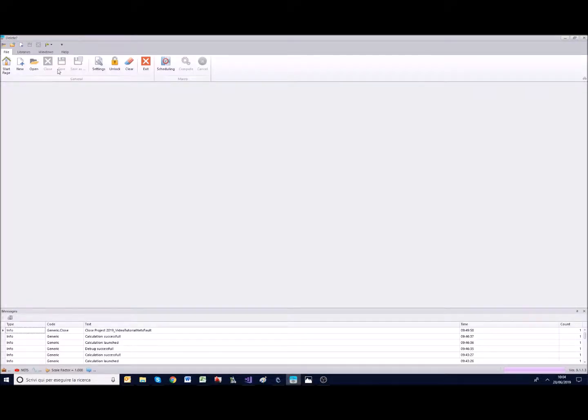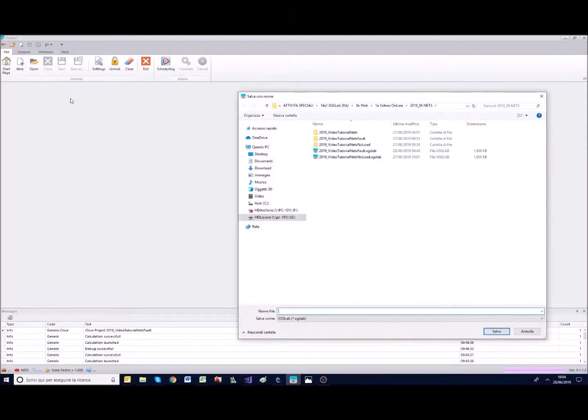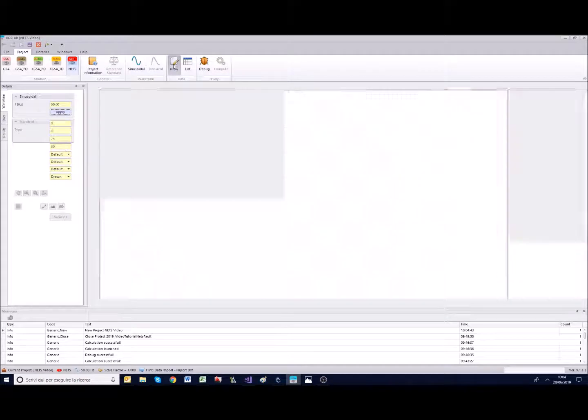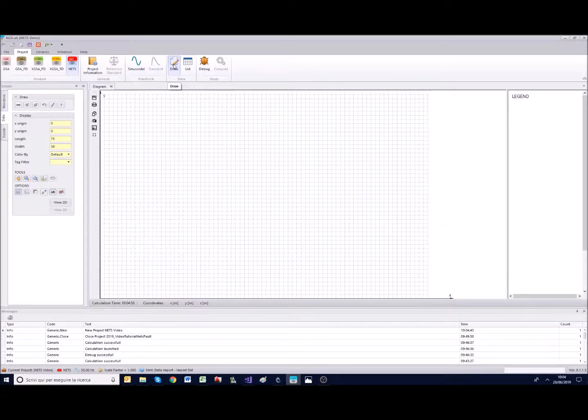Let's start with this new project. As you can see, the software is always the same. You have to click New. The name of the file is the one that you want to set. So I don't know, let's say video, for example, in this case. Then we have to choose the NETS module. The frequency is in this case 50 Hz. And now, maybe the most important part, the drawing of the model. So let's start